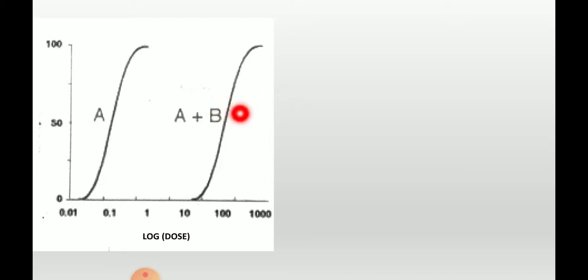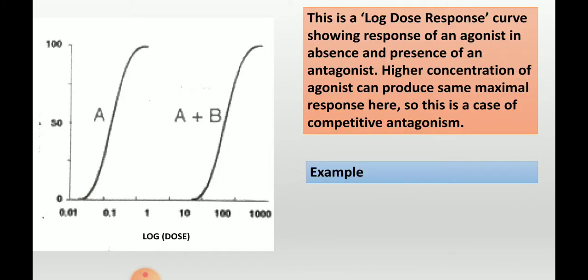Now this curve will show you a case of competitive antagonism, when you know that there is a receptor and there is a drug. In the initial curve, the drug is binding with the receptor, and you will see that it is reaching its maximum height. So at this dose, it is reaching its maximum height, which can be explained by three things. The first one is the dose or the threshold. Second one is definitely going to be the slope, and the third one is the maxima of the efficacy.